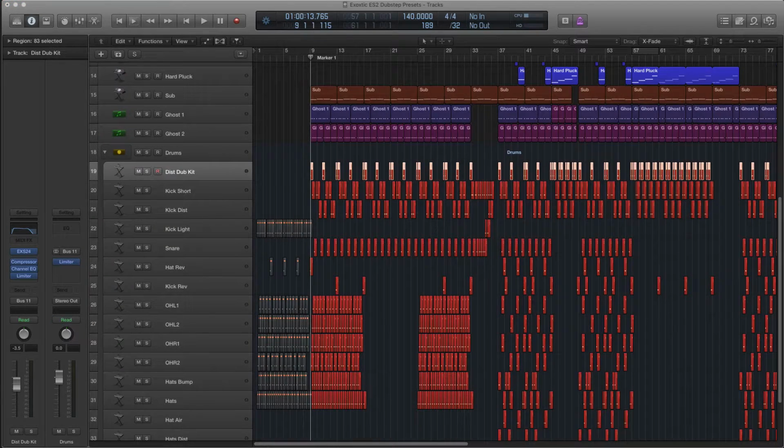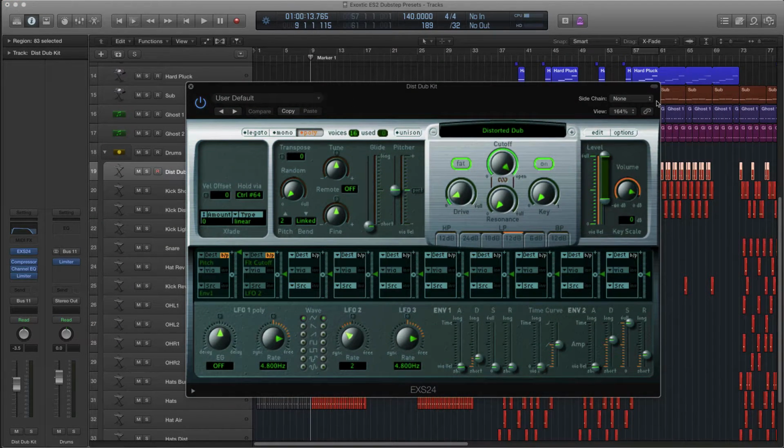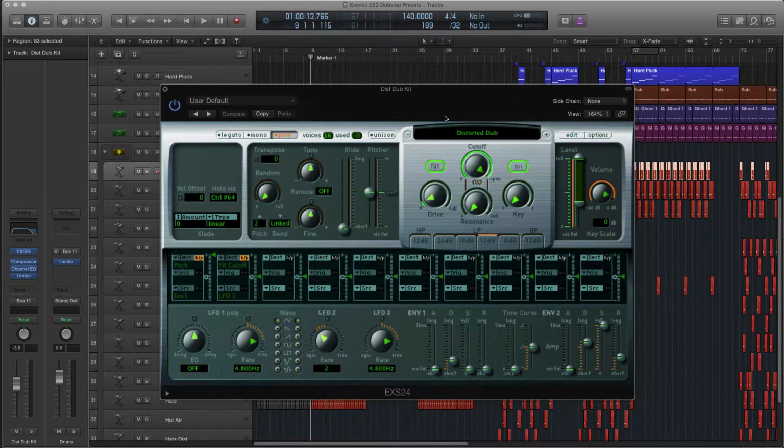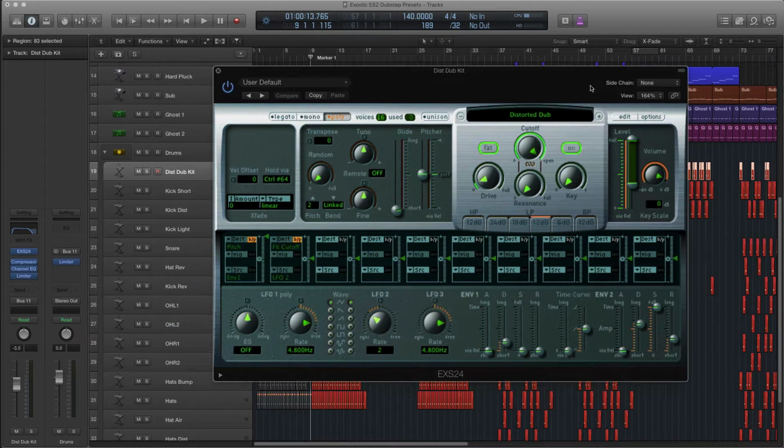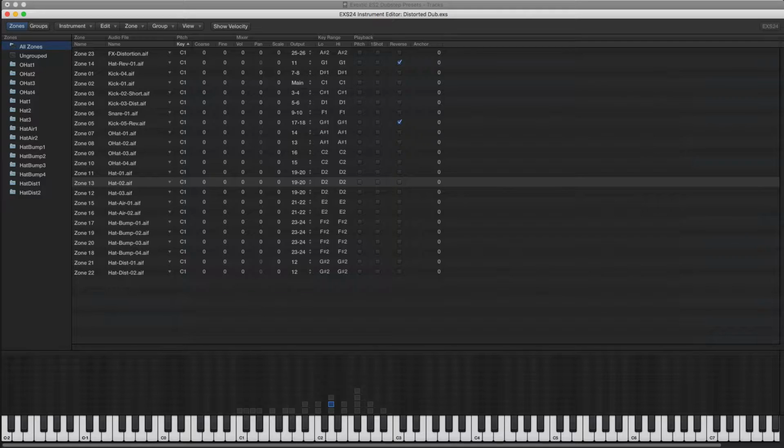The drums, it's a kit I built out of some samples. Actually, Logic's library, I think what I did is I cut up one of the loops in there and I just created a drum set out of it. If we go in here, you can see all these different ones. And the cool thing is I'm actually using round robin. Like if we go in here,